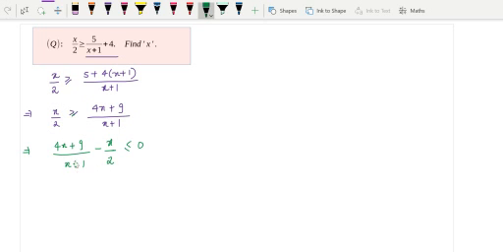Okay, how many of you had a thought that we could cross multiply? If any of you had that thought, let me clear it up, that would be wrong, because x plus 1, x is a variable, so is x plus 1. You cannot cross multiply if you have an inequation. This is not an equation, it's an inequality. It would change your inequality if you're not sure about the sign.